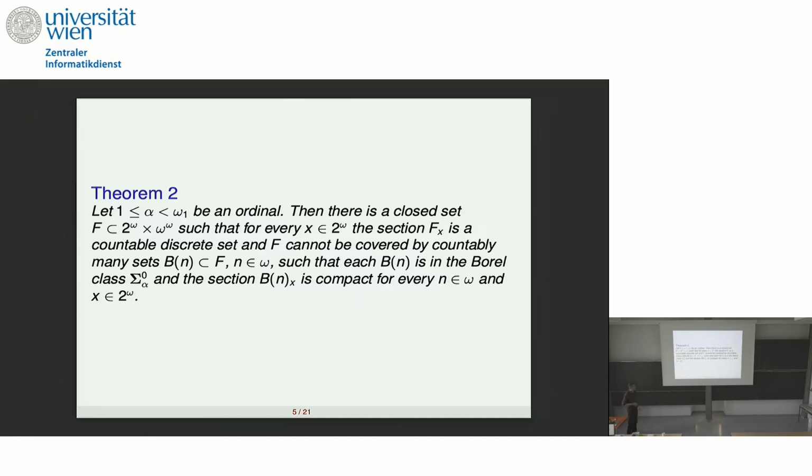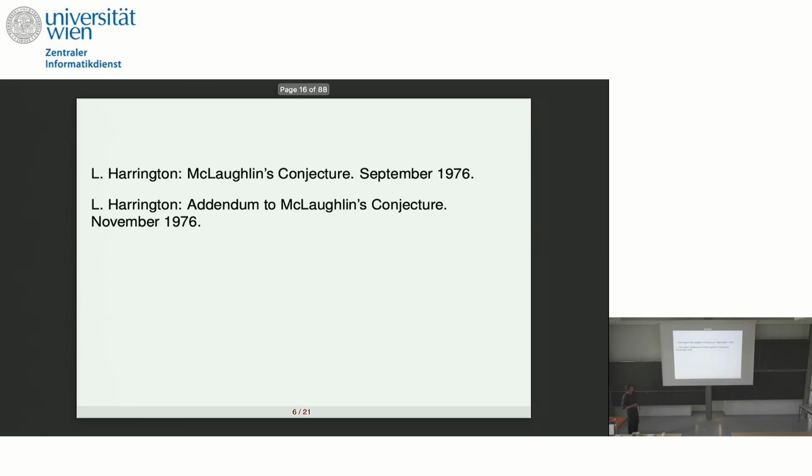And the section Bnx is compact for every n and for every x. So me and Petr Holický, we tried to solve this problem for some time. We posed this question at several conferences as an open problem, without success. And at a certain moment, I asked Alexander Kekris, I posed this question, and he gave me these two